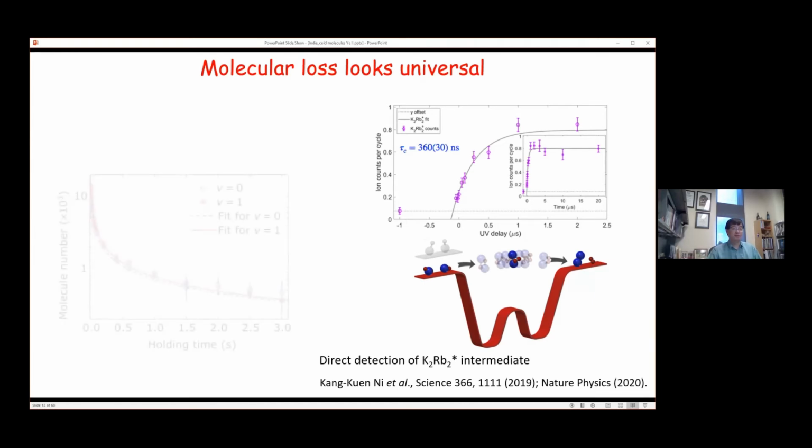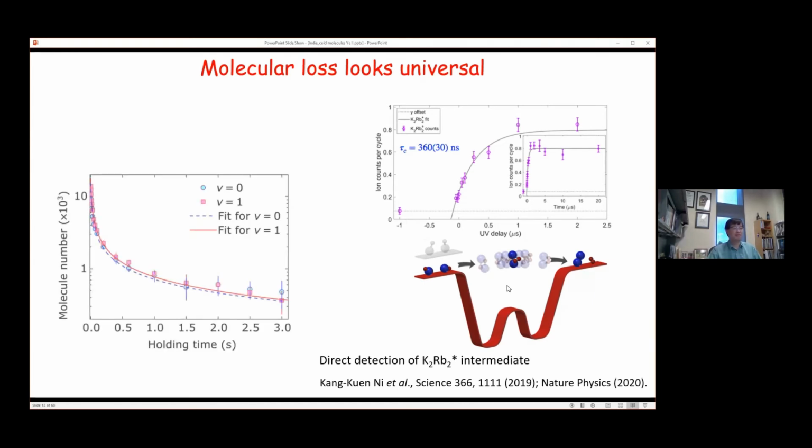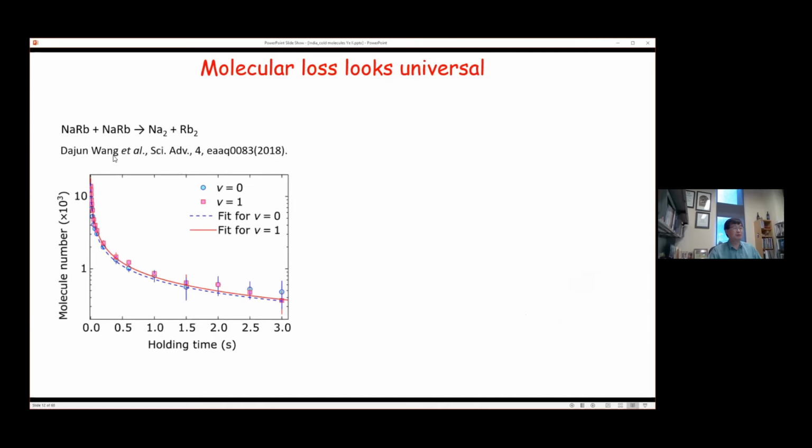The other experiment, which was very surprising, was done by a former group member, Dajun Wen, who was a postdoc in our initial set of experiments. He is now a professor in Hong Kong. His group actually studied the sodium rubidium experiment, which also produced Na2 plus Rb2, except that in the absolute ground state, this process